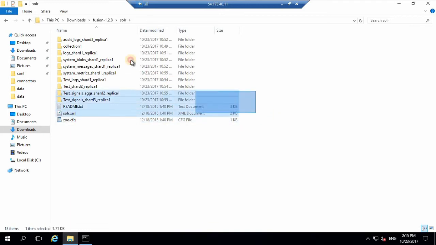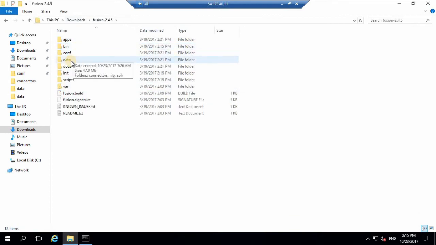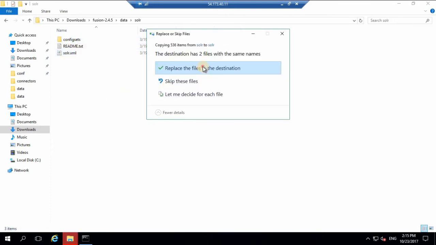This is not required since we're using an external ensemble. So copy this from here, go to Fusion 245. Now over here the directory has slightly changed. So now your Solr index sits inside data, inside a folder called Solr. So paste this here and overwrite